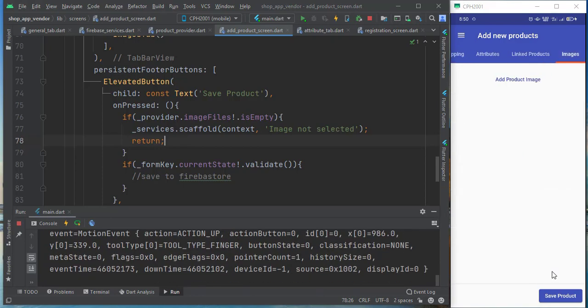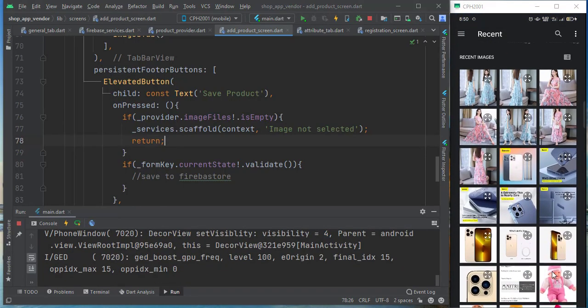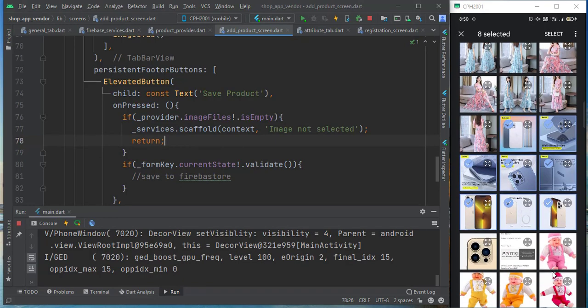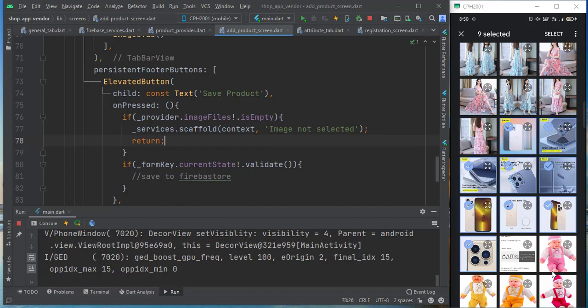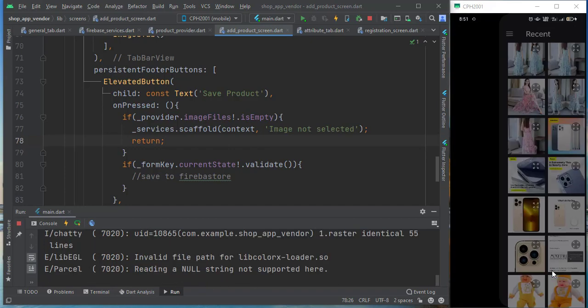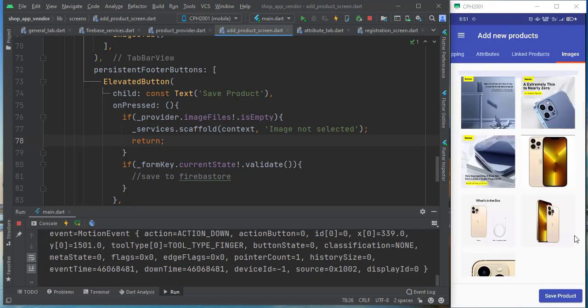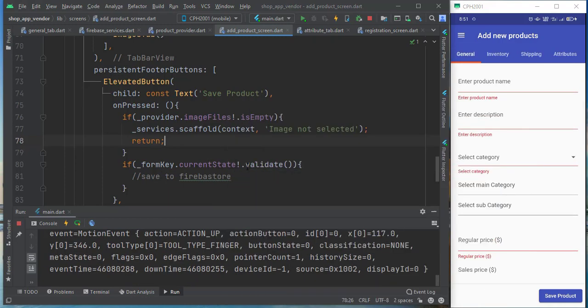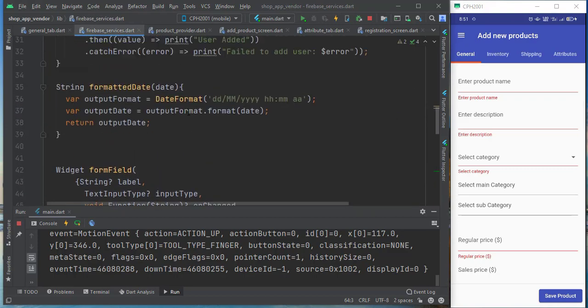Now we go to image and I added this iPhone, 1 2 3 4 5 6 7 8 9, this much, 9 images we have. Select. So we have this many images for the iPhone. Now if you come to save product, no message is coming. Now we will have an error here because it is validating. If it is validated, what we want to do is save this to Firebase. So to save to Firebase, we have already here